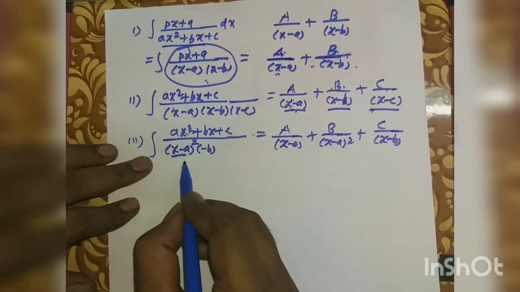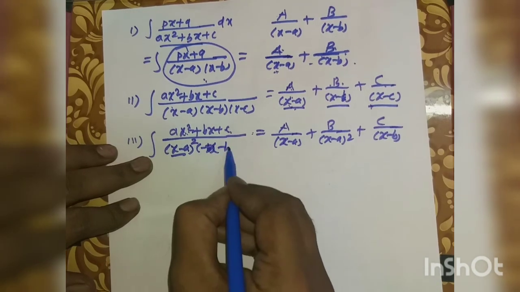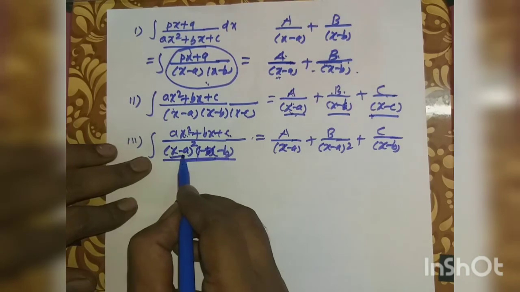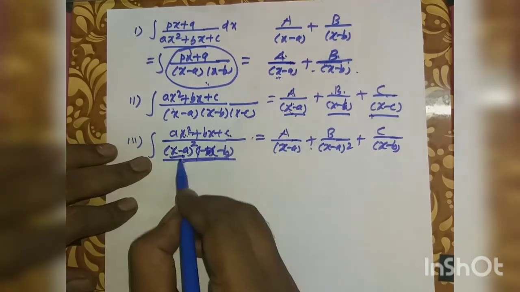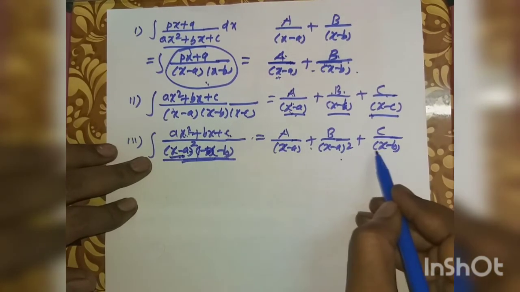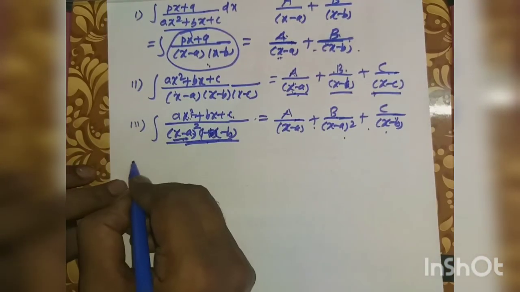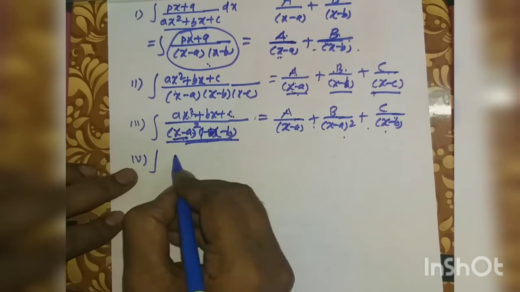If one factor is repeated, then we take a divided by x minus a first, plus b divided by x minus repeated factor, plus c divided by the remaining x minus b factor. And the fourth type is